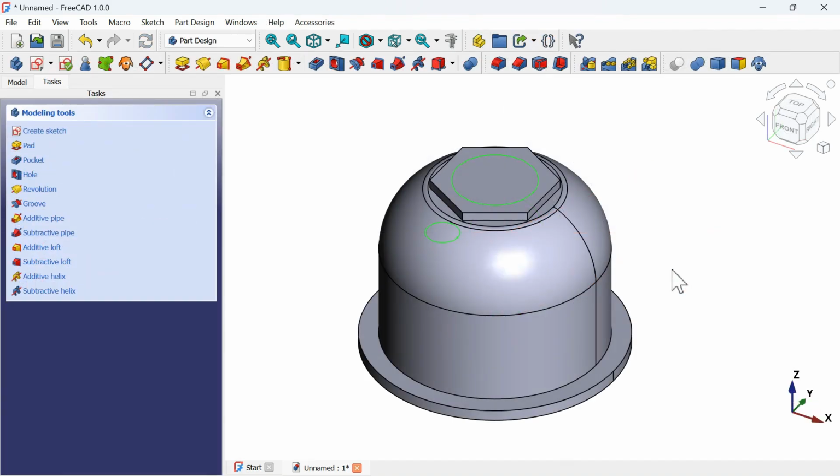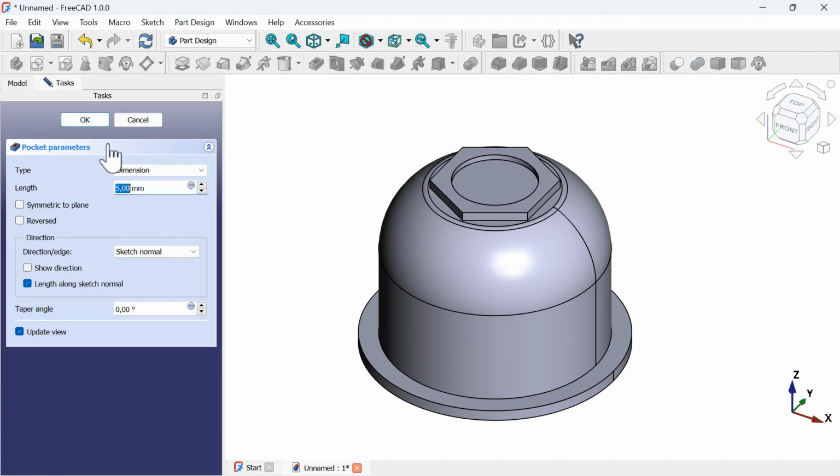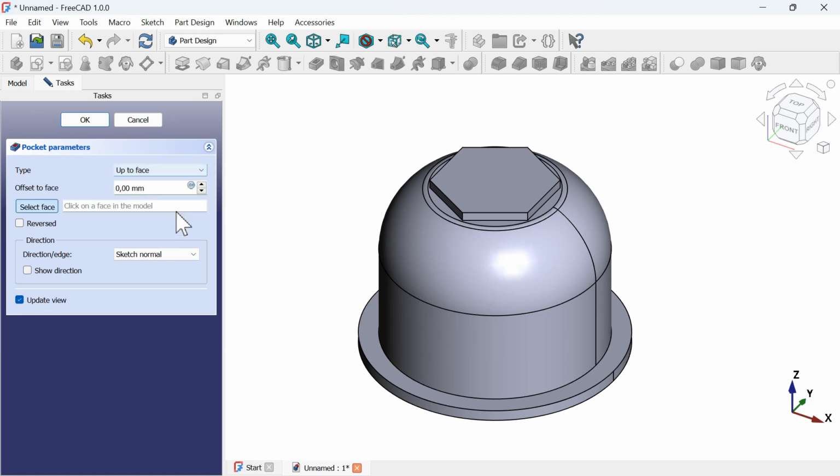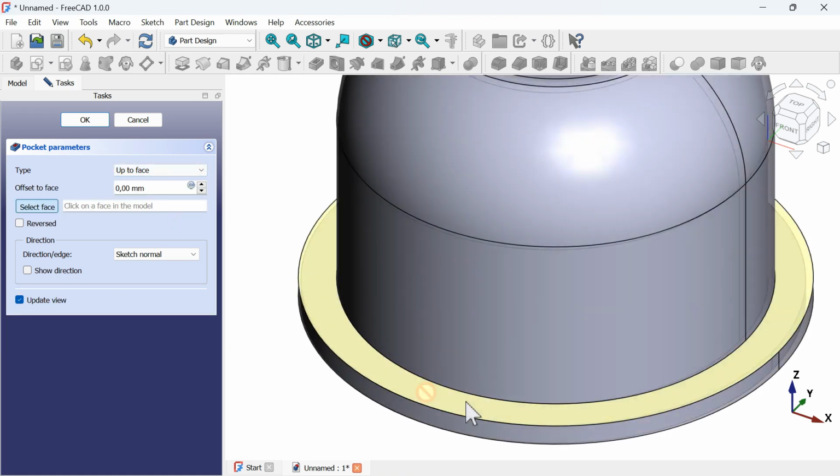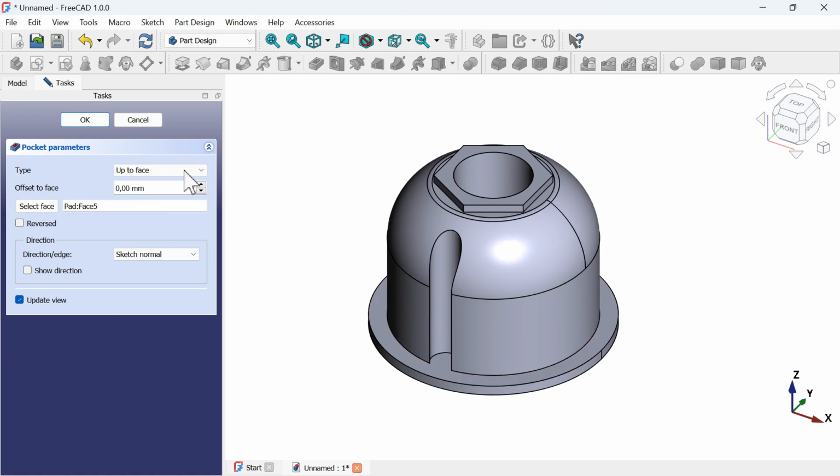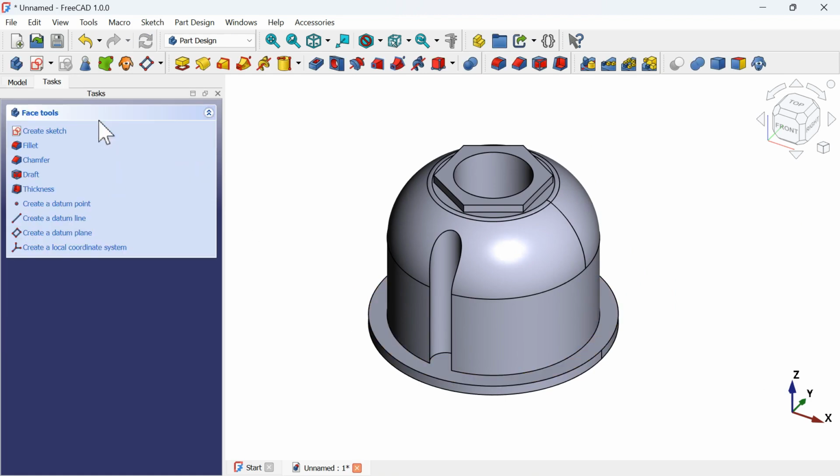Escape 2 times to leave this sketch, and next select pocket tool to create the holes. Just click here, and now on this task panel, just click on the type and change to up to face and select this face here. And we have this as you can see. Now press OK, and the next thing to do is to select this face here and create a sketch on